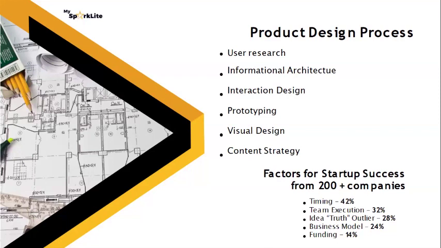So now these are the three different stages I have mentioned. Now the question you might ask is whether all three stages follow this product design process. What is the product design process? You start with user research, then you convert the information you found from your research to information architecture. So what is an information architecture? Information architecture is when you organize your information from your research. Let me give examples so you can relate to what I'm saying.